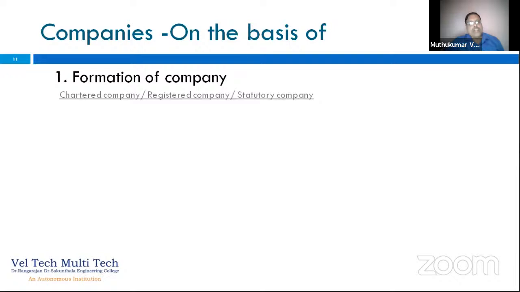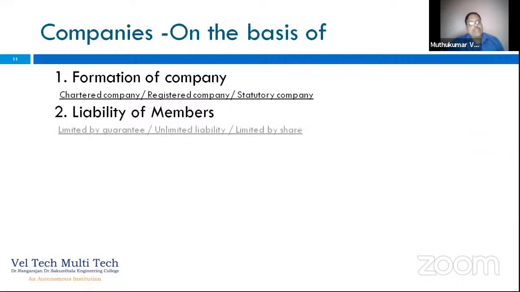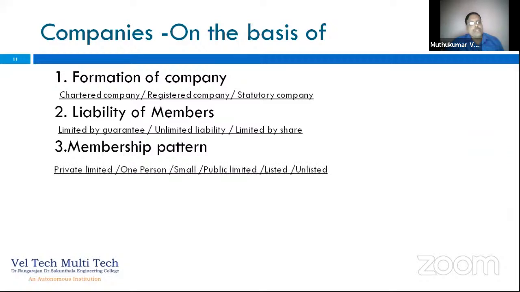Based upon the formations, we can say it is a chartered company, registered company, or statutory company. So this may come from the need, why we want to form such a company. And according to the liability of members, it may be limited liability, unlimited liability, or limited by share. And as we popularly know, the membership pattern gives you a private limited, a one-person company, which is very common